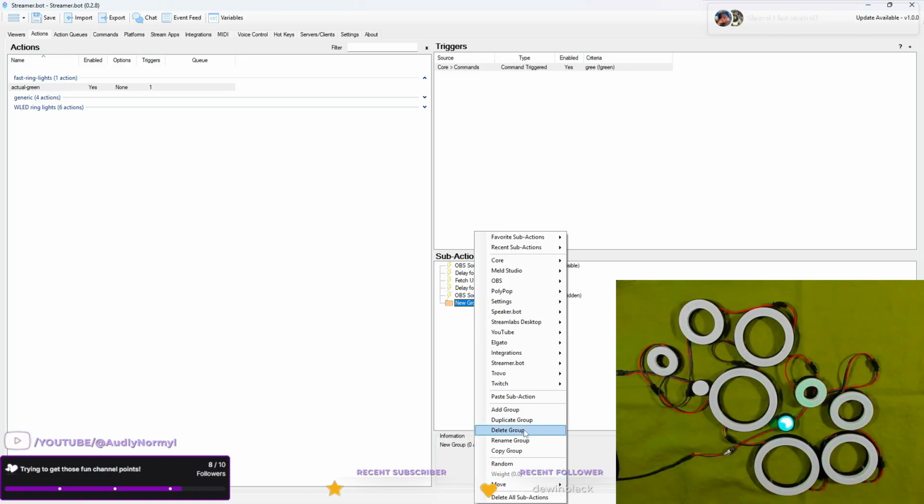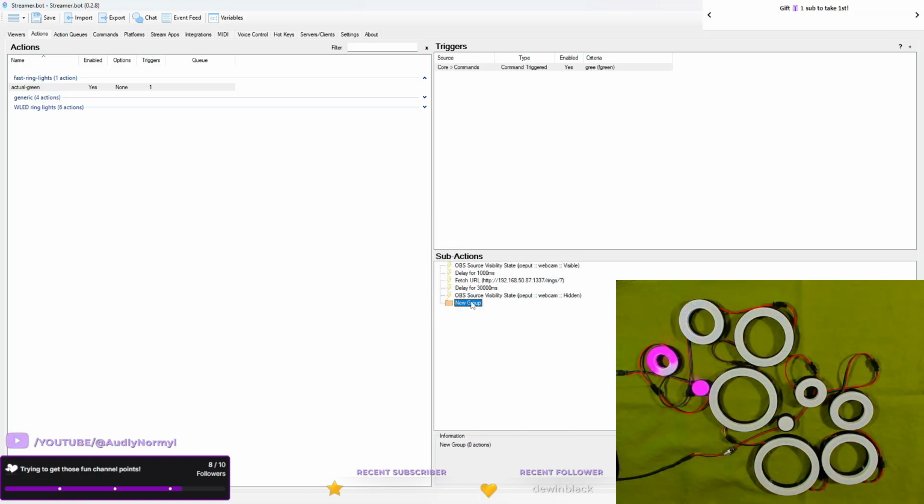And then I'm going to rename this group to ring lights and then grab all of these and drag them in. I should have done that backwards, actually.